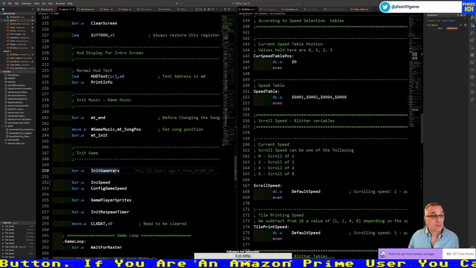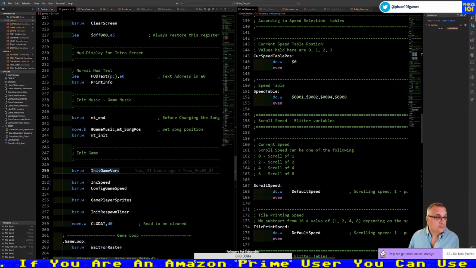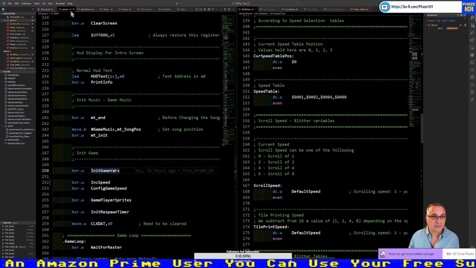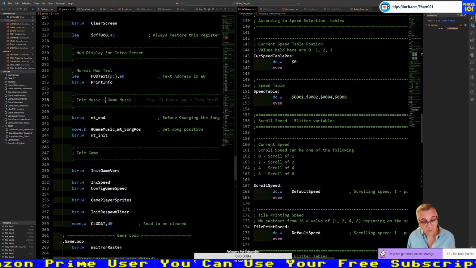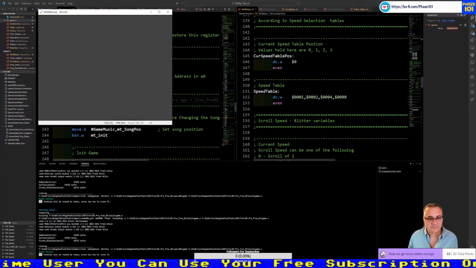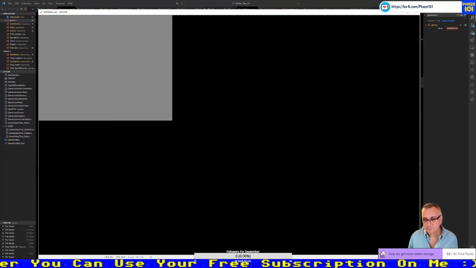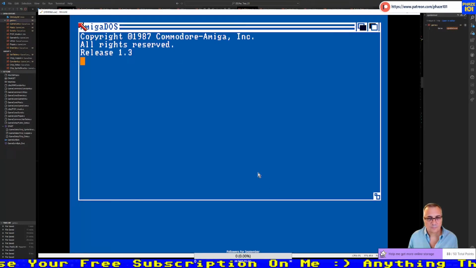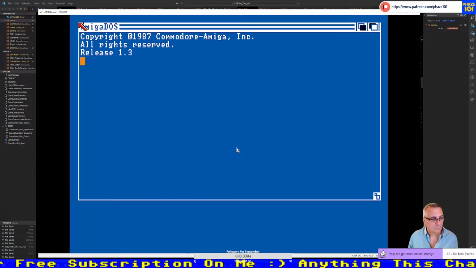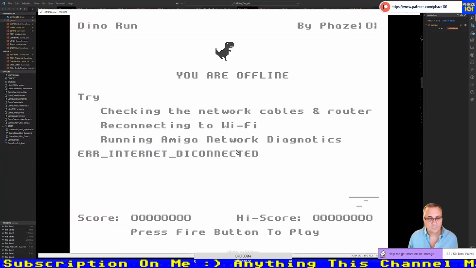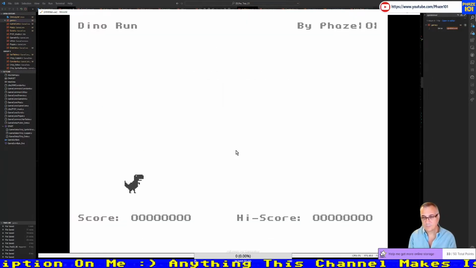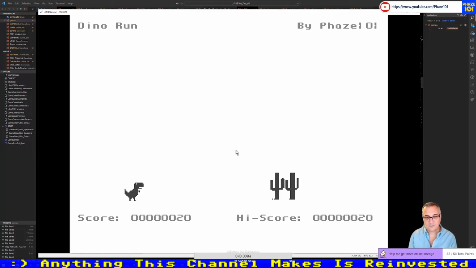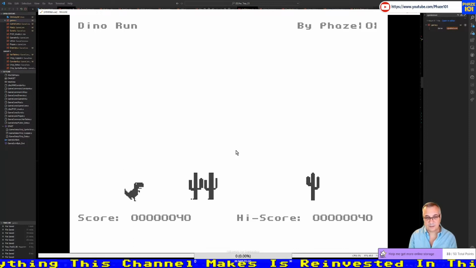So the sprites are moving twice as much the speed, but the printer is not printing. Okay, so no printing of the printer, but the scroll of the printer is happening, I think.